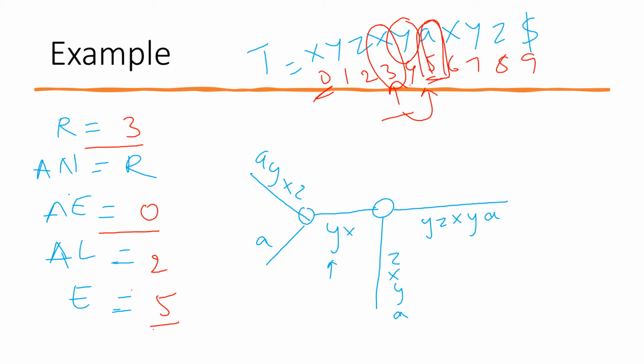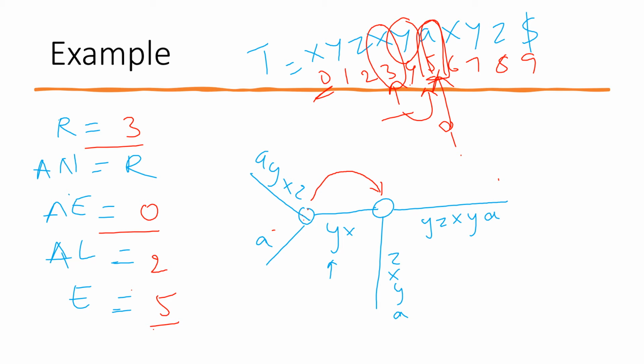Now we create a new internal node, and for the internal nodes we have suffix links. When a new internal node is created, we'll have to create a suffix link to the root. So I just created a suffix link to the root. If another internal node is created in the same phase, like in this particular phase, where this is one extension, and if we are able to create another internal node, we can change the link from the root to that particular internal node. But so far there is only one internal node, so I'll be pointing that to the root.